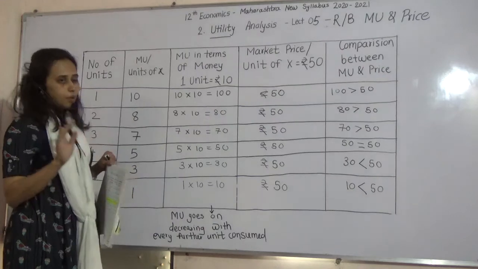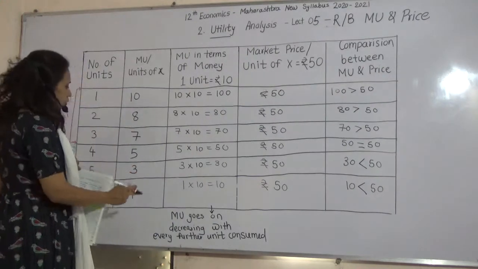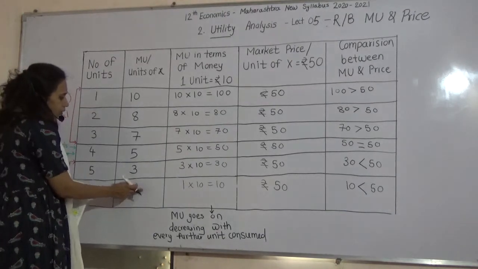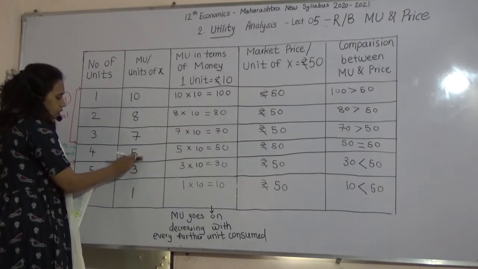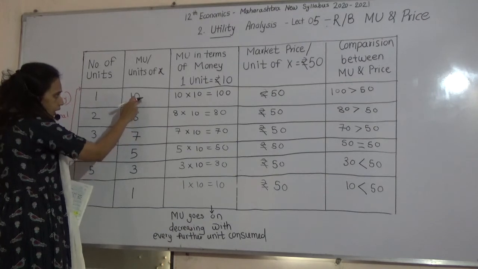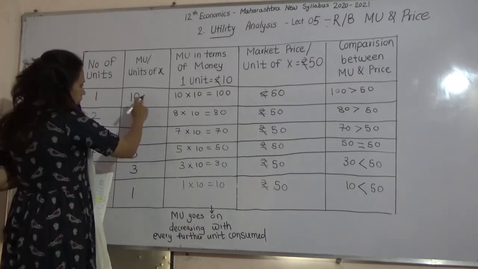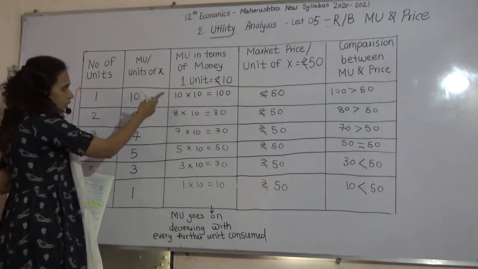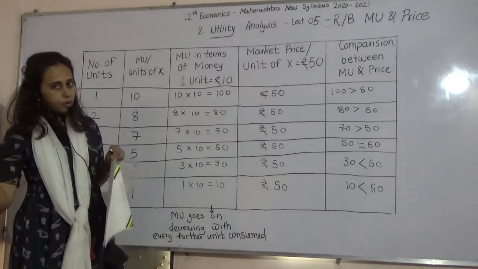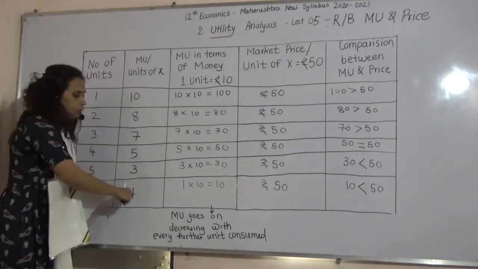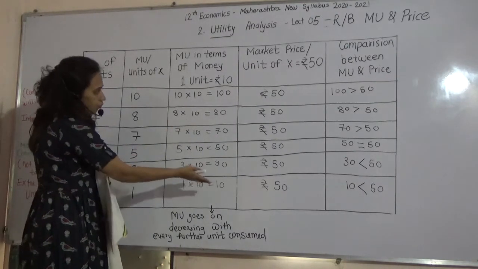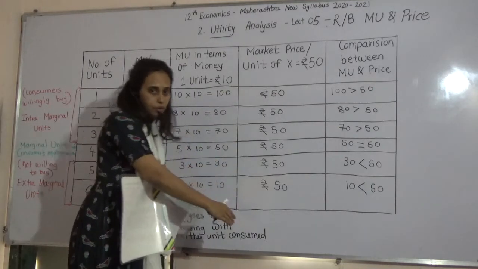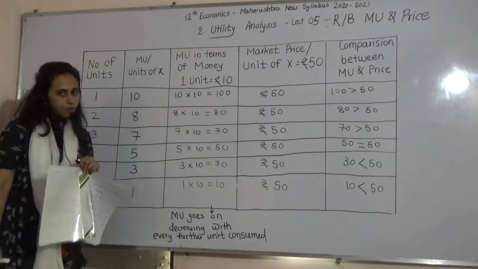Then explanation part is easy. I told you, just for remembering, write down the 6 units, then 1, 2 difference is there, 1, 3, 5, 7, then 1 and again 2 difference, 10. These are the MU units. Okay. So we have assumed that 1 unit is equivalent to 10. Accordingly, I have converted all these MU units into money form. That money form I have used to compare with the market price of the product, and accordingly I will take the